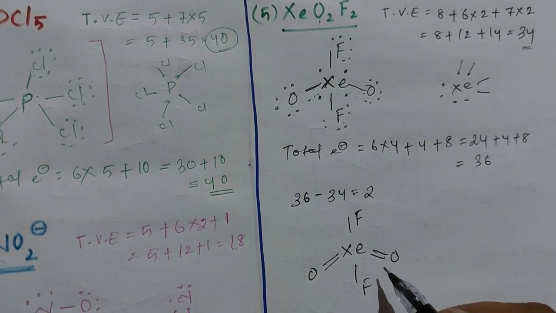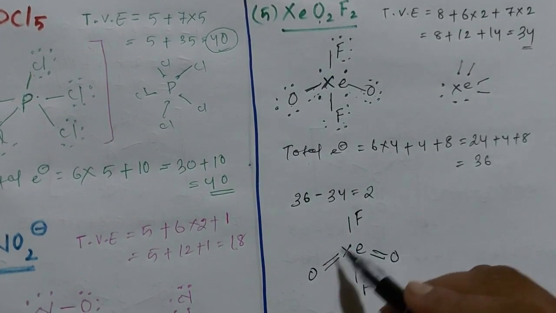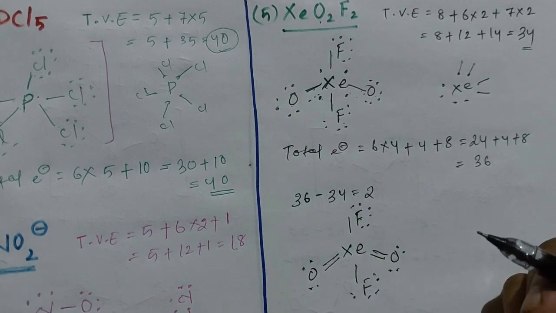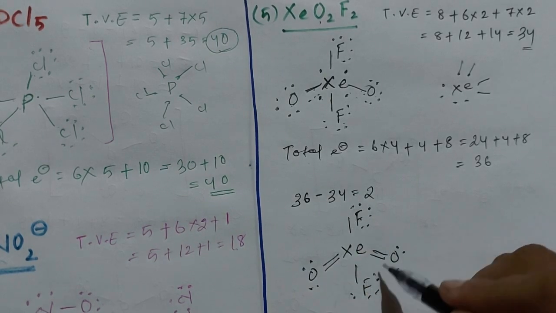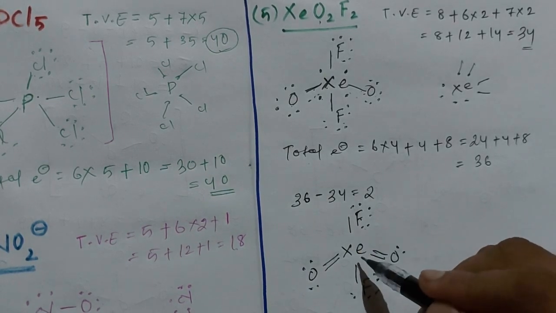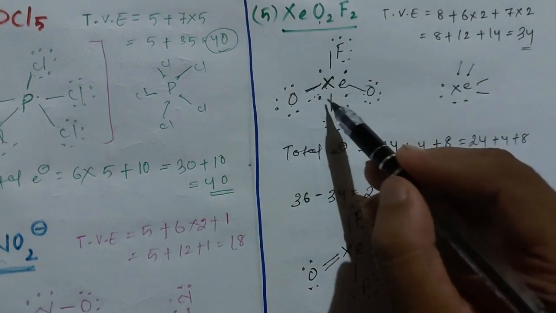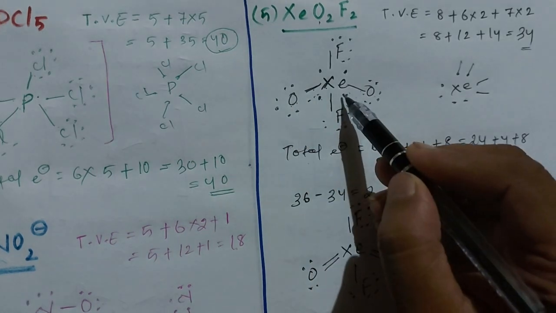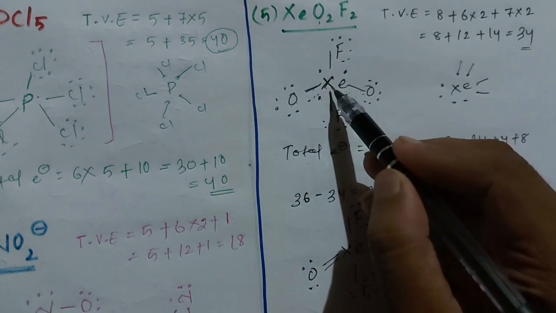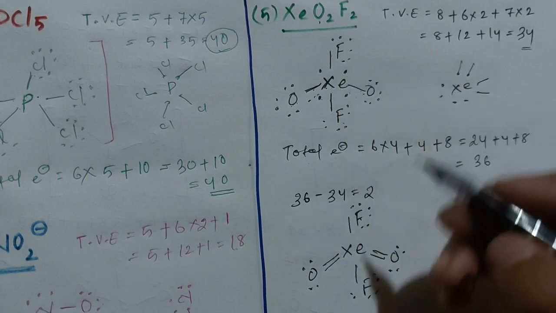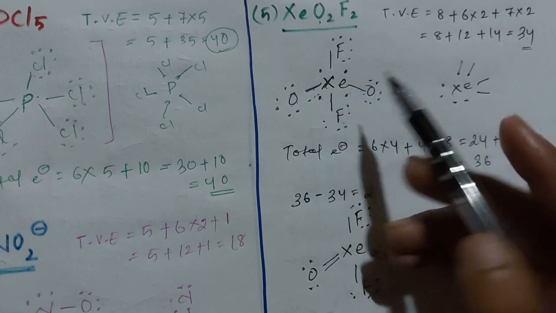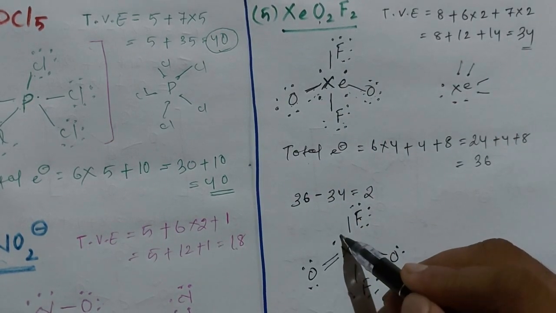Now we will fill the electrons around the central atom and terminal atoms to get an octet electronic configuration. So all the terminal atoms are now octet satisfied, but xenon here has 4 electrons, but 1 electron is bonded with the oxygen and this 1 electron is bonded with this oxygen. So how many electrons are left? That is here this electron, one electron, and this is another electron. So 2 electrons are left around the xenon.